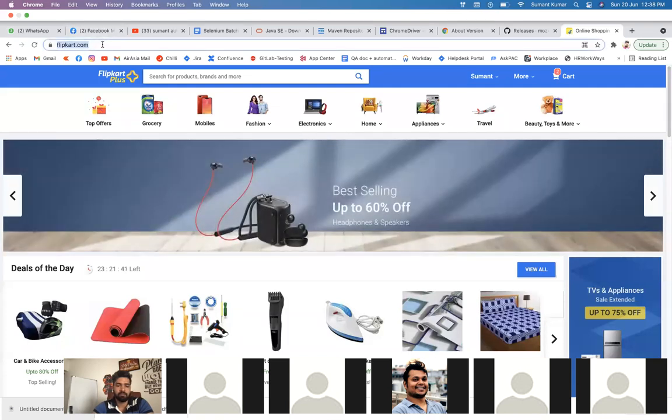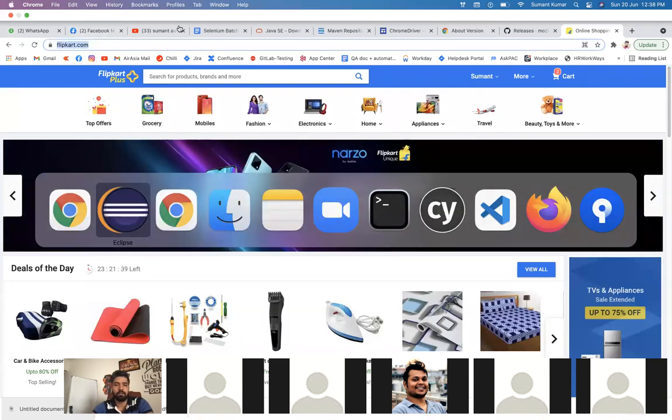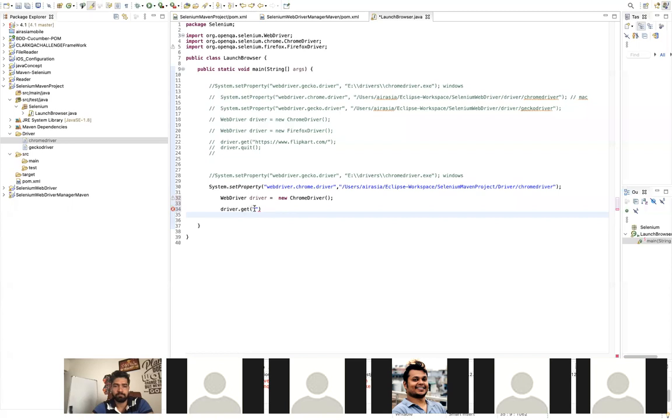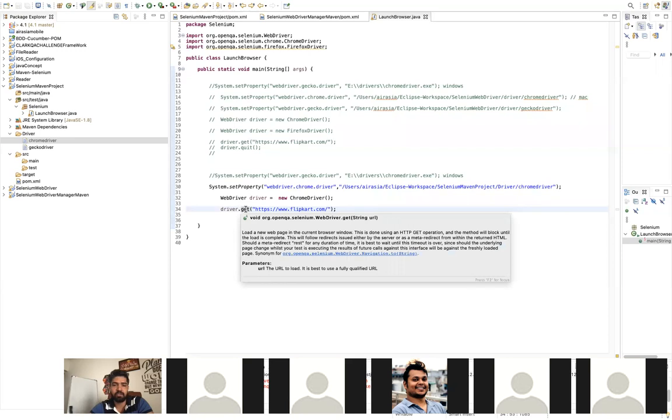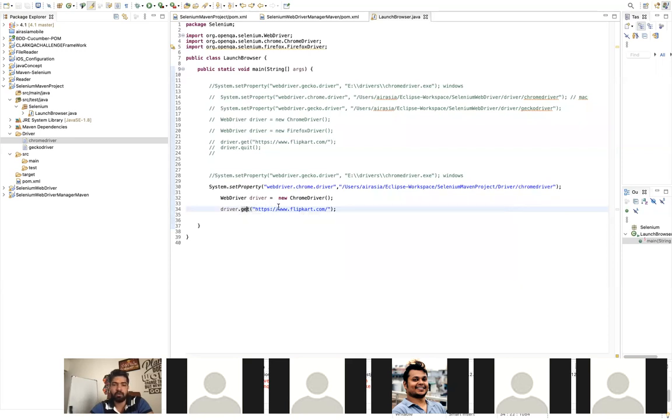So you just have to copy this URL and put it here. What I've done is I've just used this driver.get. This get helps in navigating to any URL, and I just pass the string of that particular website. So this will launch your Flipkart.